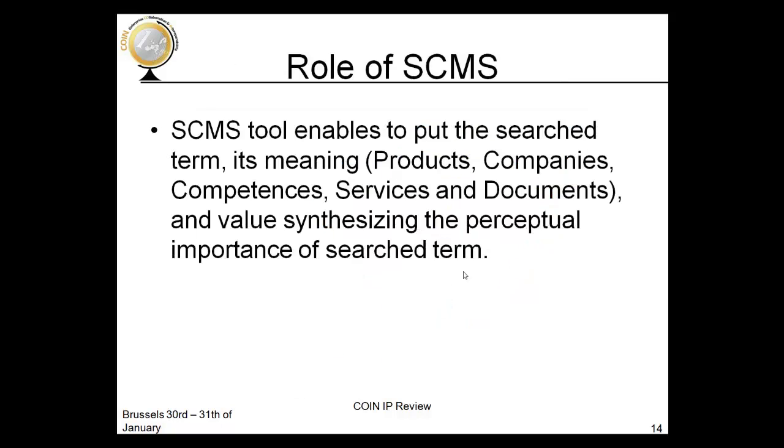For this type of services, we use the SCMS tool, which supports the search for machinery, but also service suppliers on the basis of the products, competencies, services, and documents. We now describe the MGM as a service organization, their services and machinery using an ontology, and this ontology was imported into SCMS, supporting search for machinery and services.